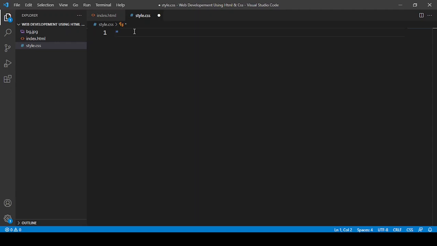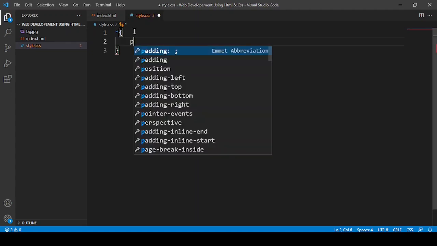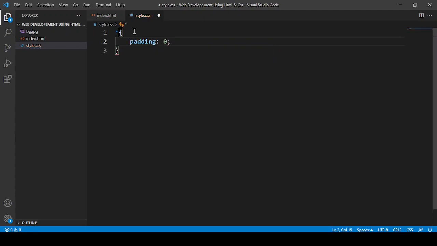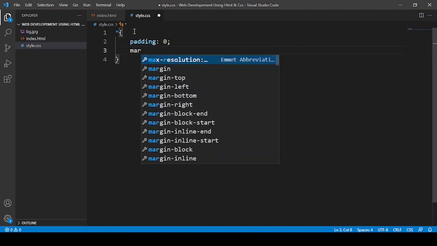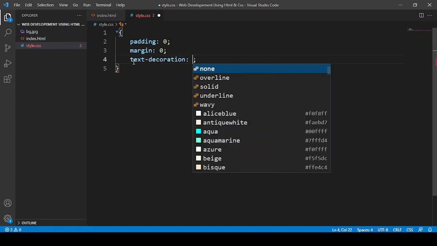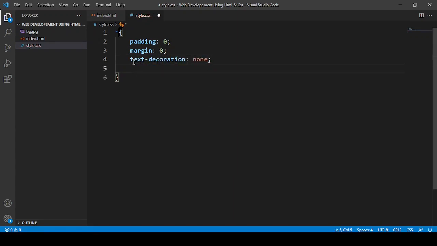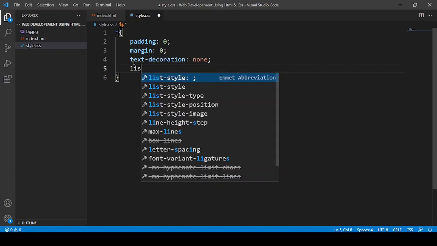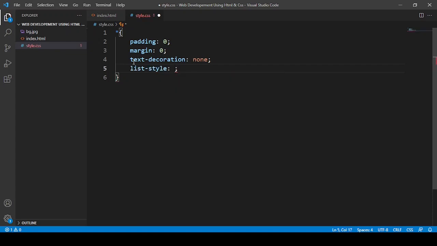So I'm going to use a star and this bracket, and I'm going to say here padding 0, and then margin 0 not auto, and then I'm going to say text decoration none, and then I'm going to say list style, I'm going to say none.